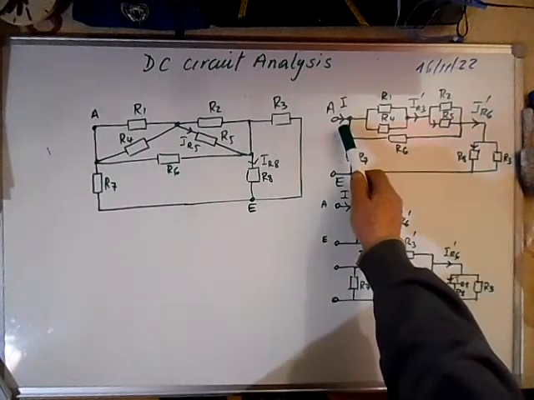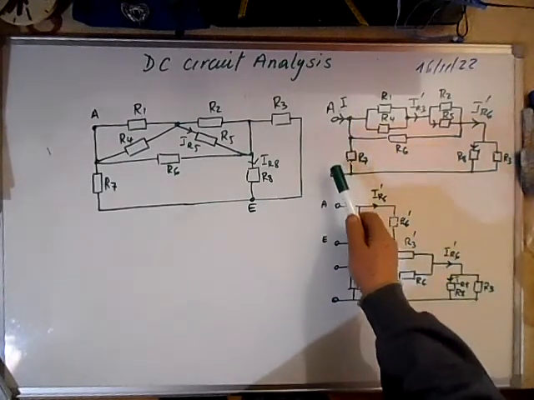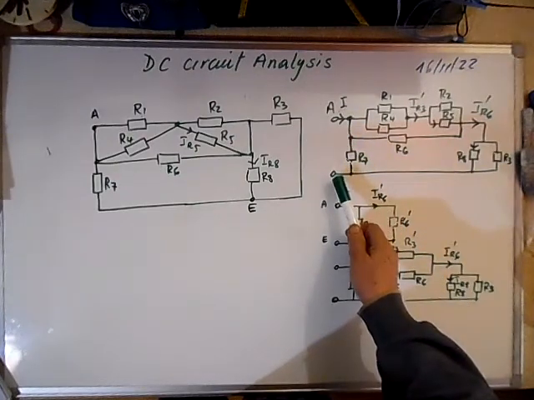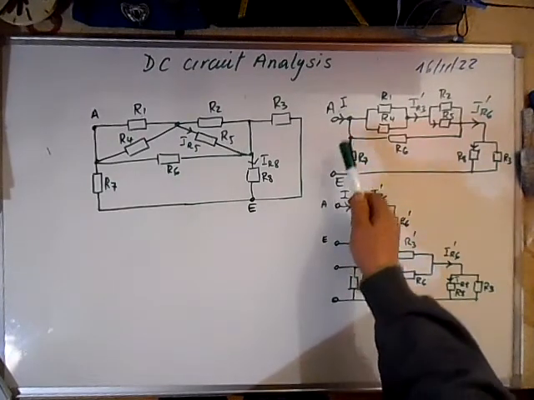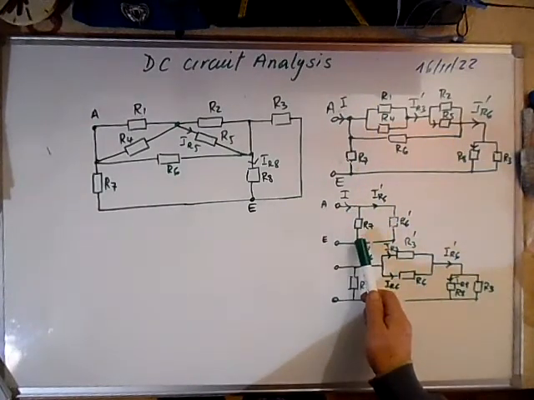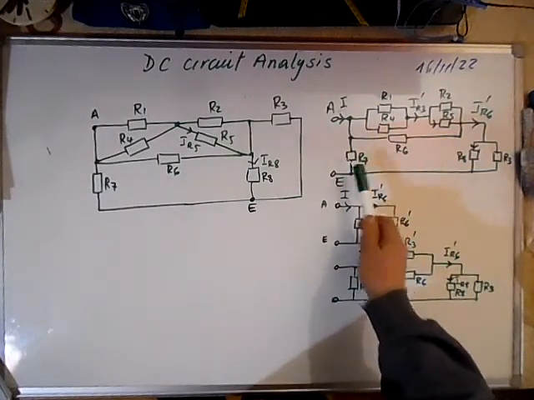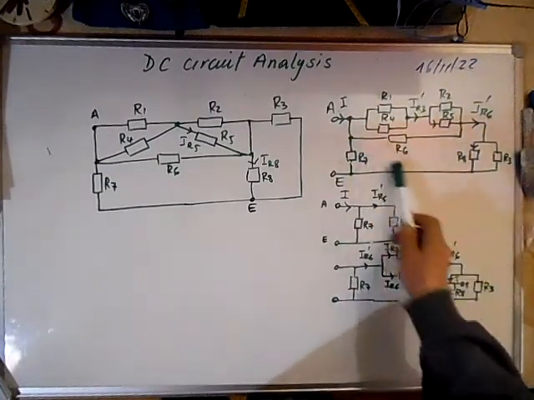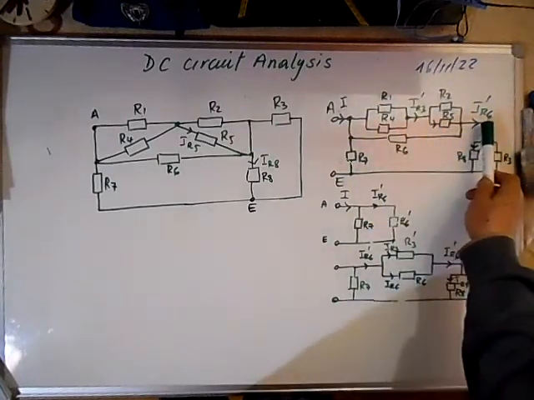To calculate the main current, we need the equivalent resistance between A and E. Once I have the main current, I can calculate the current flowing in this resistor and in all these resistors, which I called